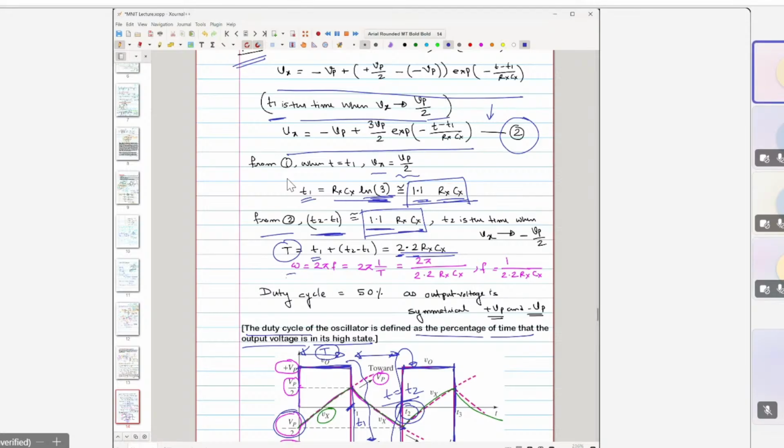Then what would be the oscillation frequency? Oscillation frequency is omega equals 2 pi f. What is f? f is equal to 1 by T, and now you know what T is, you can just write it. So it is basically 2 pi by 2.2 Rx Cx. Now if you have to find the frequency, if you know these values, you can find it. That is not a big deal. So I hope this part is also clear to you. If you have any question,